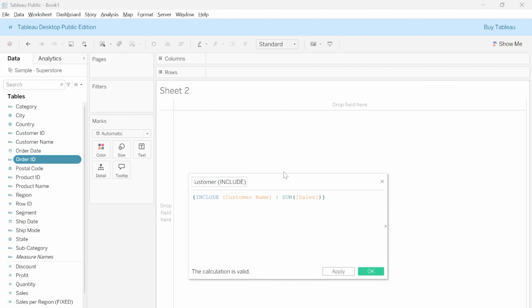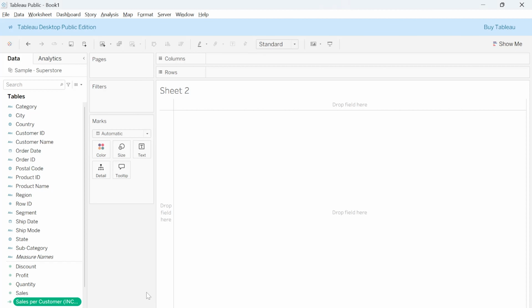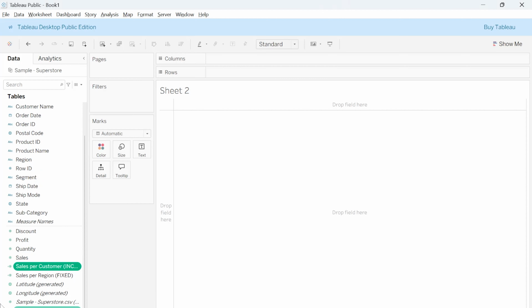In this way we can create the include LOD, then apply and click OK. Now you can see the sales per customer include LOD calculated field has been created. Now we need to drag the region. I will drag the region to the column field